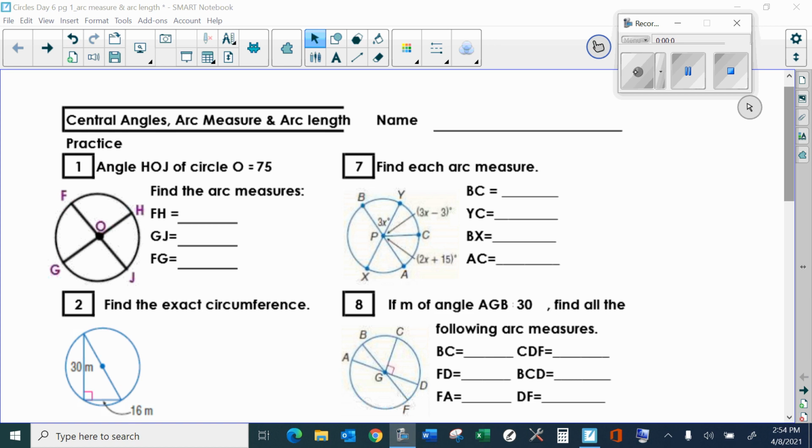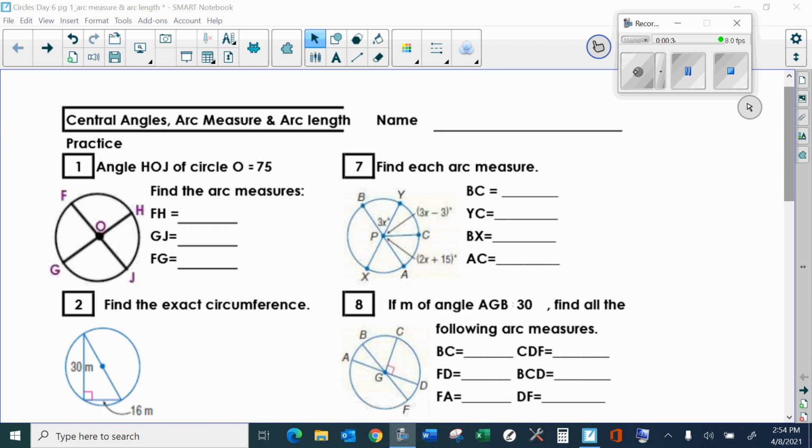Students, I'm going to go over examples from here for your Circles Day 6, arc measure and arc length. You're going to get some others on arc length. This also has a lot to do with circumference, which is the entire distance around, whereas arc length is only a fraction of the distance around. So you'll get another worksheet with more examples with arc length. That's always on the DCAS, a commonly missed one, because the kids don't memorize the formula, which you have on your